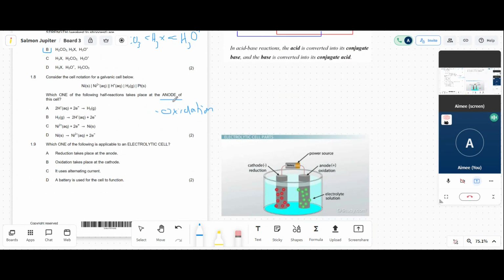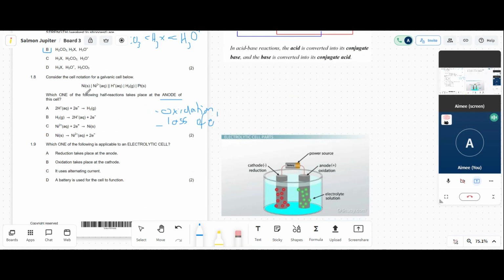So you know that whatever's happening at the anode needs to support the loss of electrons. So your atom or your ion needs to become more positive. If something's happened to it at the anode, it's losing electrons, which means it has to become more positive. Because it's losing electrons, a loss of negative charge means you're becoming more positive. Okay? So we have a look and we say, okay, well,